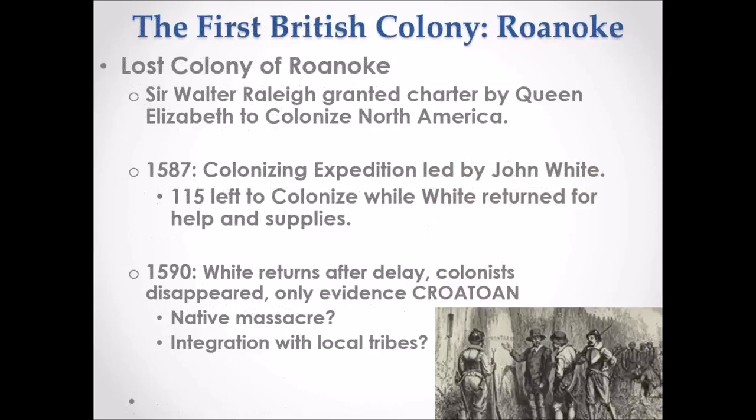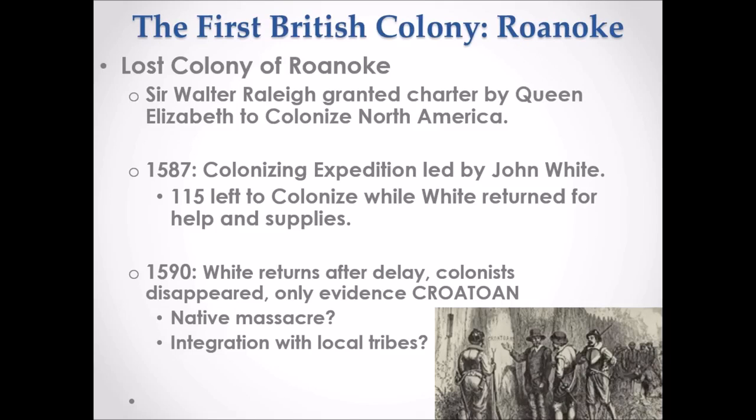So with the door kind of opened now for the British, you get the first major attempts by them to create a colonizing effort into the New World. The first big one is known as the lost colony of Roanoke, which is technically in North Carolina today. It was Sir Walter Raleigh who was granted a charter by Queen Elizabeth to do this, and he sets